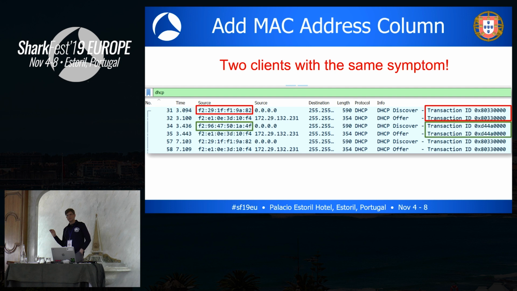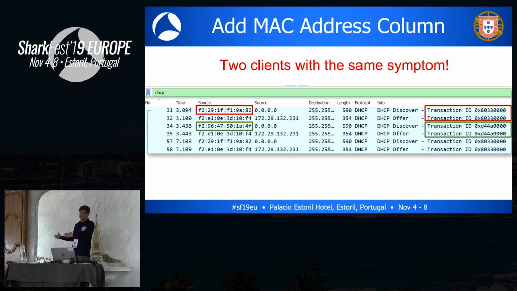And now we can clearly see that there are 2 devices out there that have a problem obtaining an IP address. Now, what are the chances that 2 or more end systems share the same problem? Or do we maybe have a problem in our DHCP server, or somewhere a DHCP relay server sitting in the middle? So in a situation like that, you might want to investigate the server side